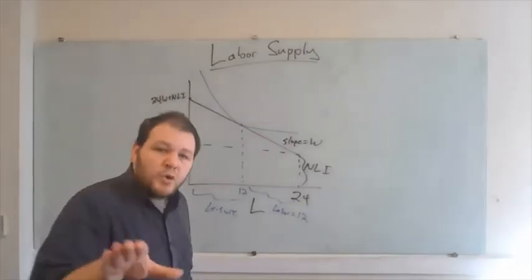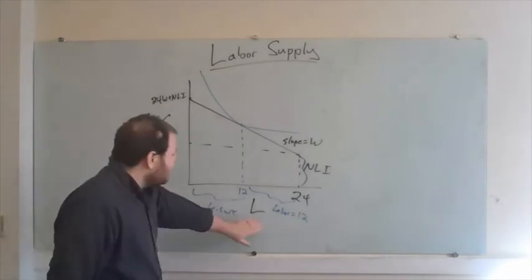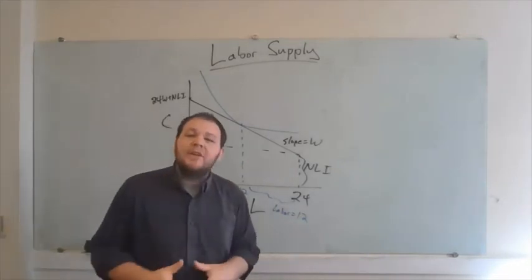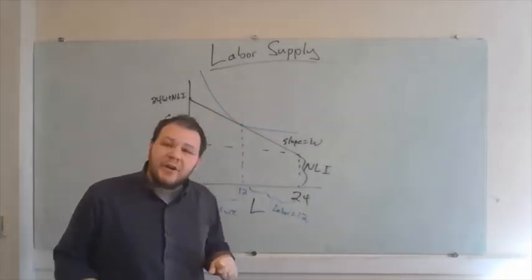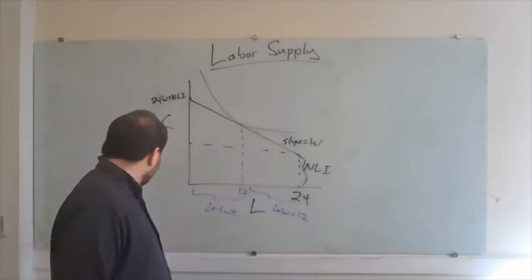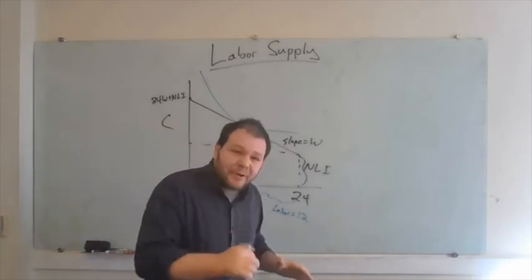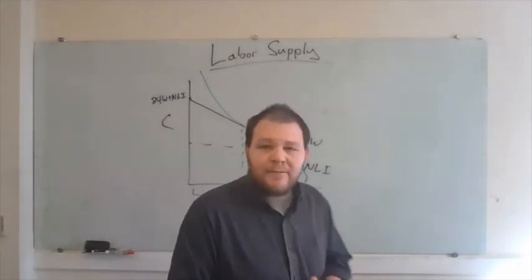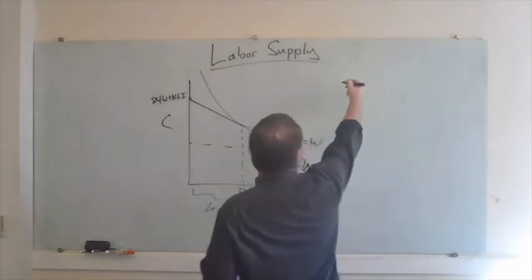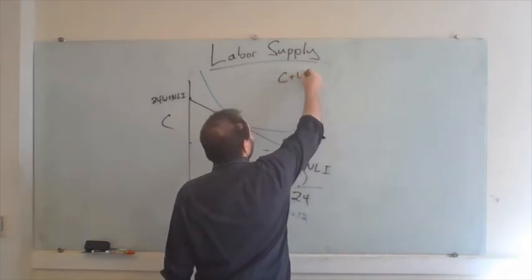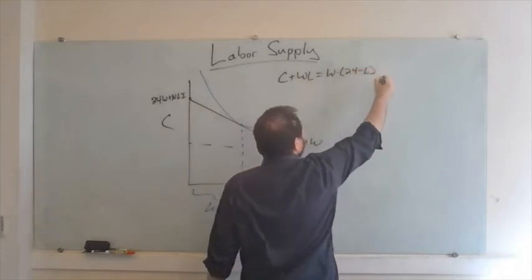So in most respects, this decision that we're talking about, where we're deciding how much leisure to take and how much consumption to take, is going to look just like most of our consumer decisions. Essentially, we're going to have preferences, we're going to have budget constraints, and we're going to choose our combination of leisure and consumption that maximizes our utility. The only thing that's really going to be different about this versus other sorts of consumption decisions is the fact that we own our leisure. And as a result, we're going to have a budget constraint that looks something like C plus WL equals W times (24 minus L) plus non-labor income,